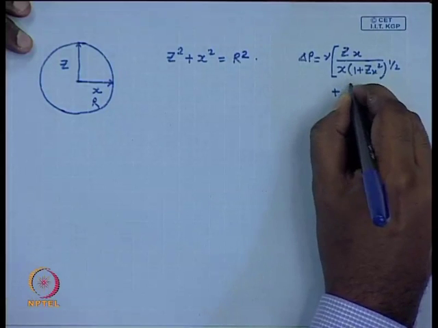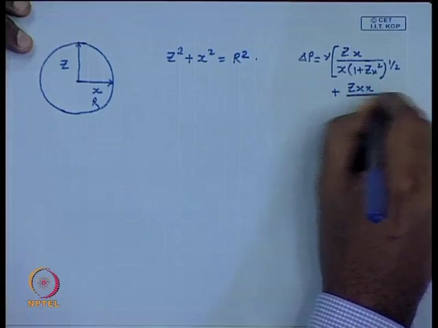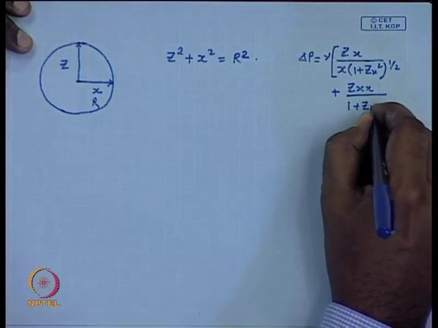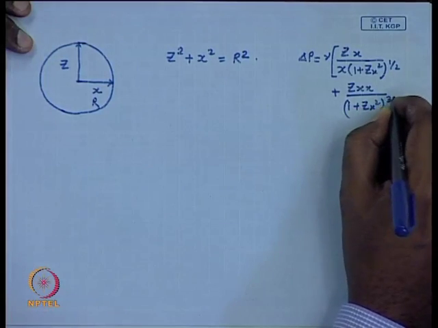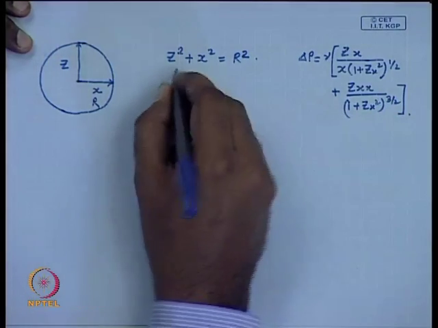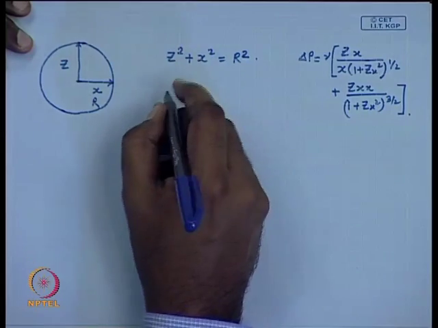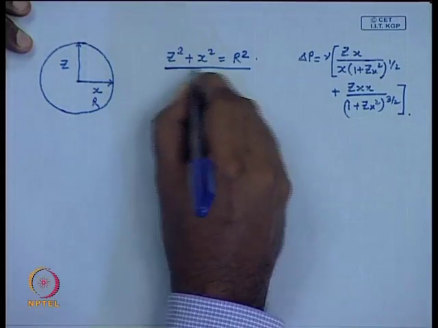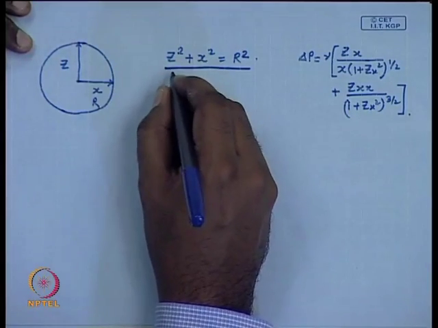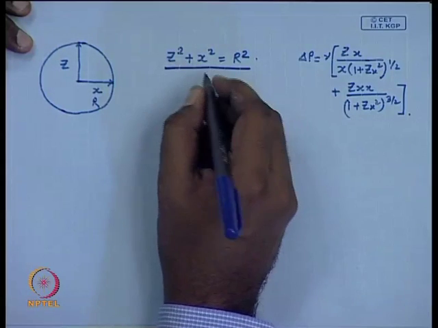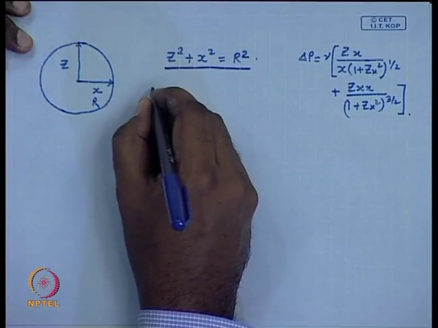This is the first term and this is the second term. We differentiate this equation of the circle with respect to x to get